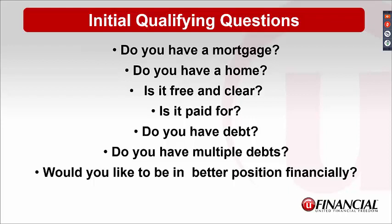Tell me about that. When it comes down to, is it paid for? Have you been paying on the home for a while? Have you ever refinanced? Have you ever thought about trying to pay that home off? And see, while you're asking these questions to the client, what you must be doing is making mental notes, because